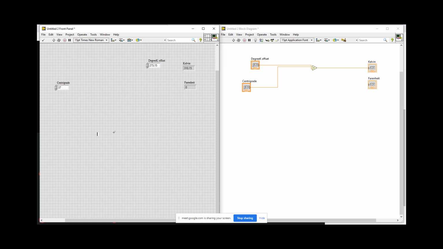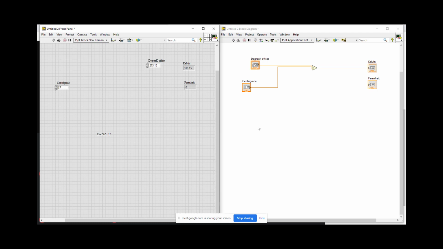So right now I am just putting the formula F equals C into 9/5 plus 32. Yes, I guess this one is the formula.